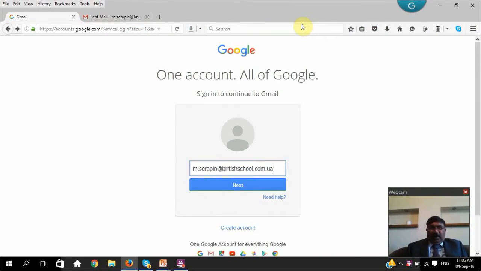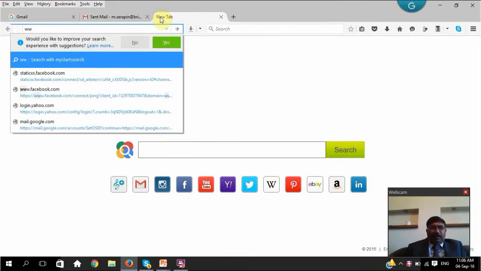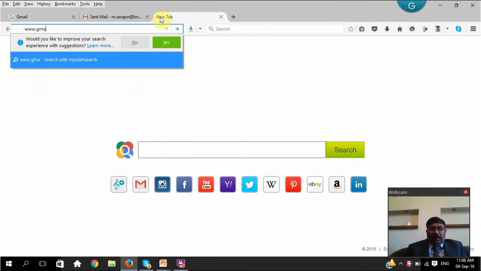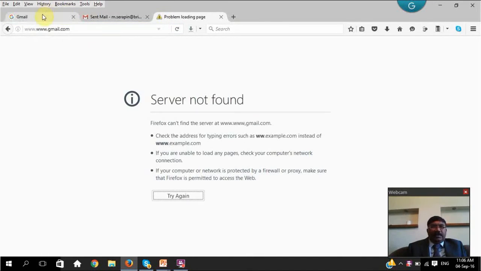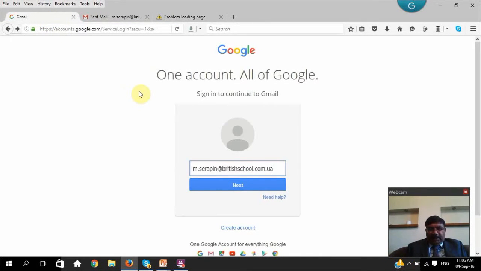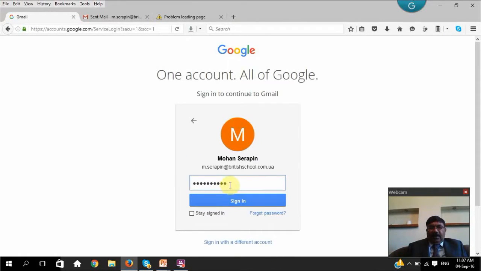Now, to log into your mail, you need to type out www.gmail.com. When you do this, you will get a screen like this. At this location, you will type in your email ID. Once you complete typing in your email ID, you say next, and you will see that you can enter your